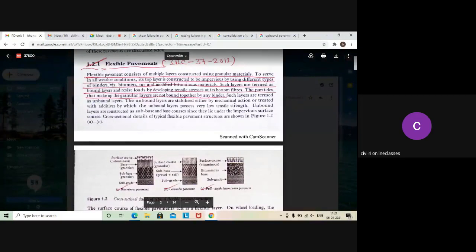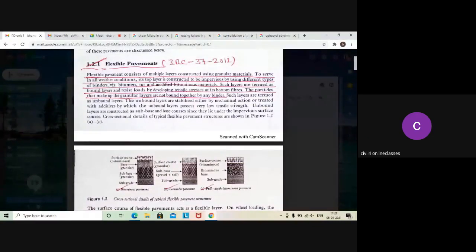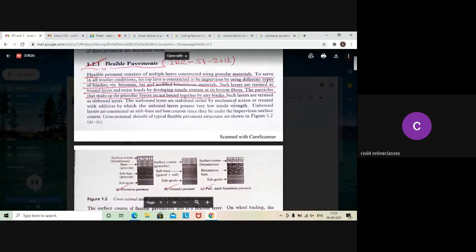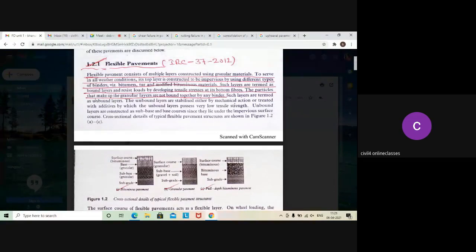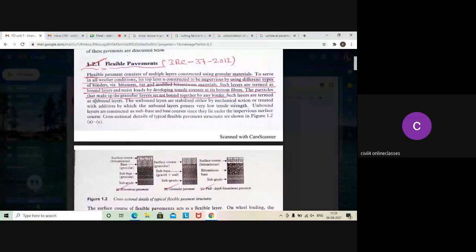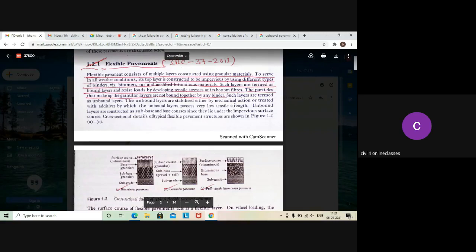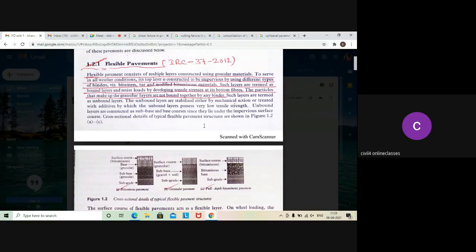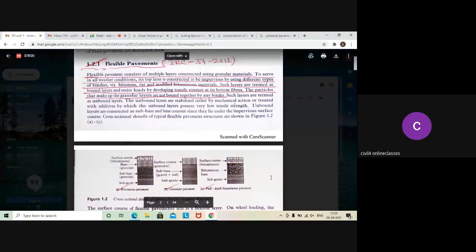So what kind of binders can we use here? We can use binders such as bitumen, tar, modified bituminous materials, etc. Such layers we call bound layers, and they resist loads by developing tensile stresses at their bottom fibers. And there are also unbound layers. These are stabilized either by mechanical action or treated with additives, by which the unbound layers possess very low tensile strength. And they are constructed as subbase and base courses since they lie under the impervious surface course. So if you observe here, this is the cross-sectional details of